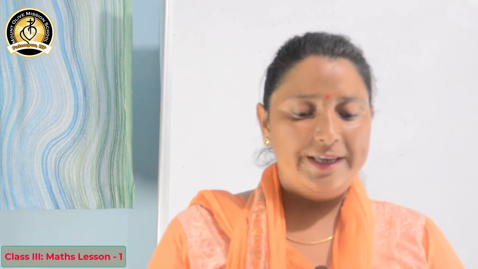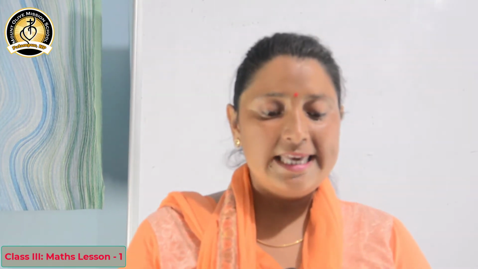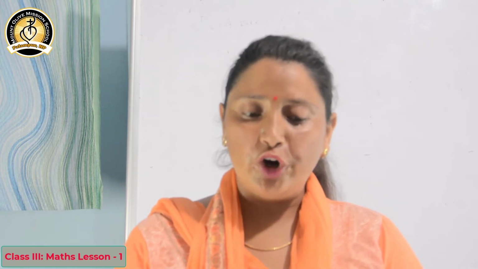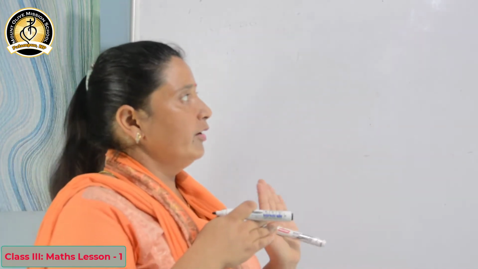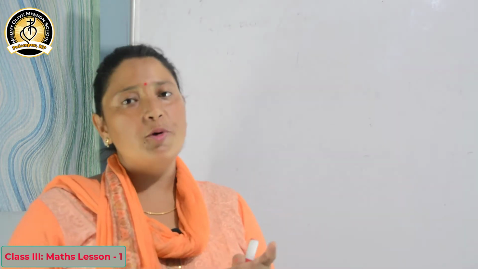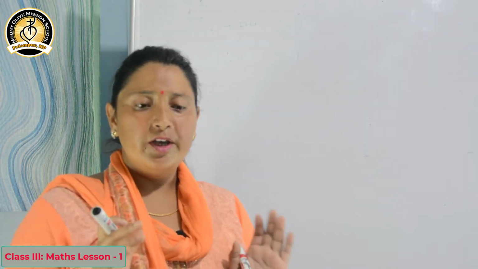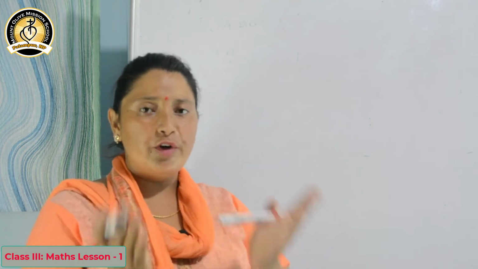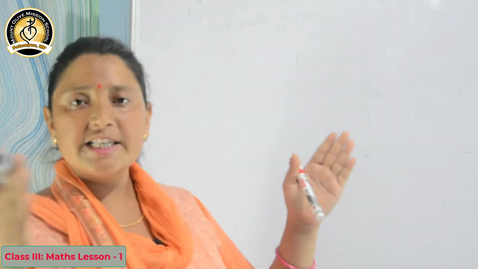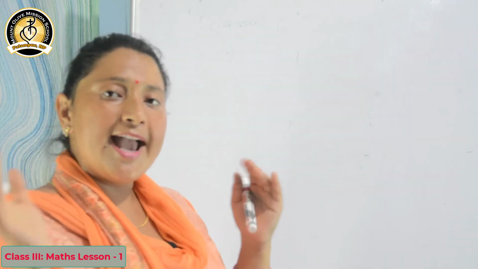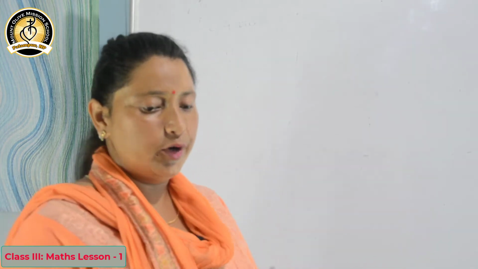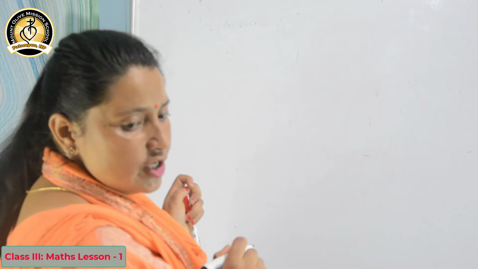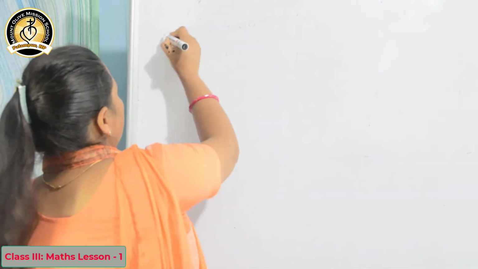Question number 4 is write each of the following in short form. Okay? पहले हमने किया expanded form और expanded form का ही opposite है बच्चों short form. ओके? पहले हमें short form में दिया हुआ था, उसको हमने expand करके लिखा. अब हमें expand करके दिया होगा और हम उसको short करके write करेंगे. ओके? So write each of the following in short form.